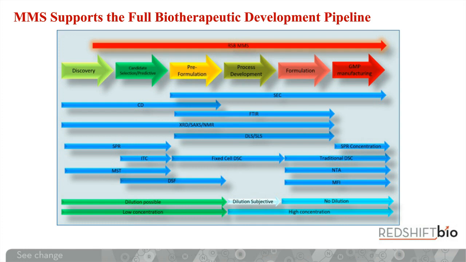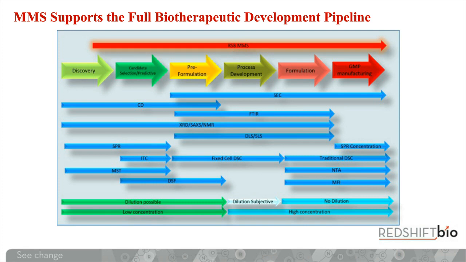And this means that perhaps for the first time, we can use one biophysical technique to compare samples at very low concentration in very simple buffers, perhaps in a phosphate buffer or something similar in the discovery phase, directly to samples at much, much higher concentrations in much more complicated backgrounds in perhaps the formulation or manufacturing stages.